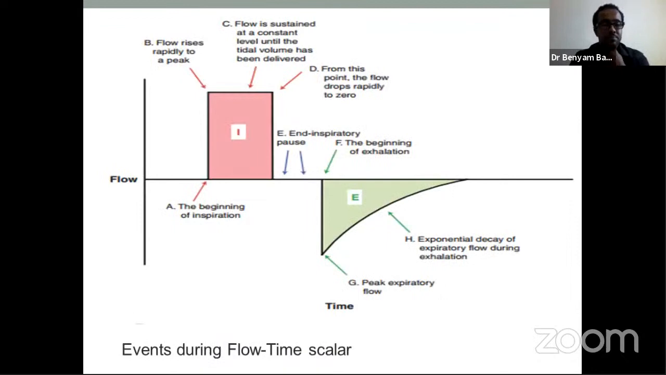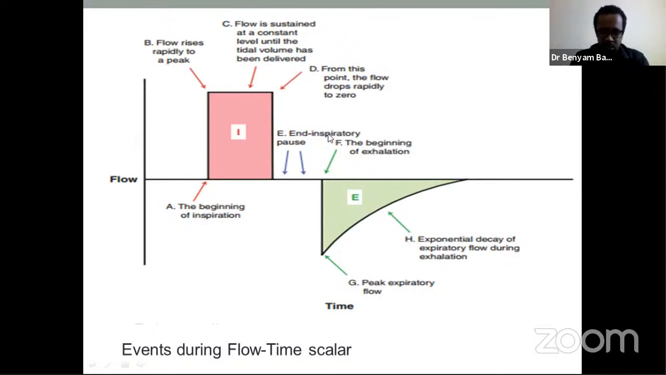So what happens during the flow time scalar? These are the events that take place during this flow time waveform. The initial point A would be the beginning of inspiration, followed by the rapid rise to the peak, followed by sustained pressure at a constant level until the tidal volume has been delivered. Then the end of the inspiratory phase, so the graph will be dropping to 0, followed by the end inspiratory